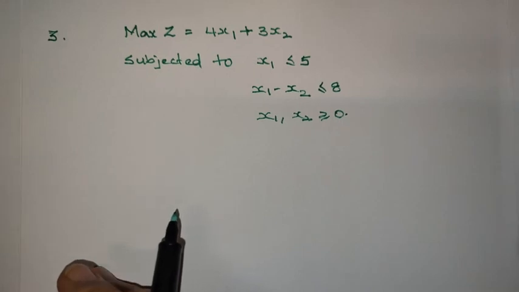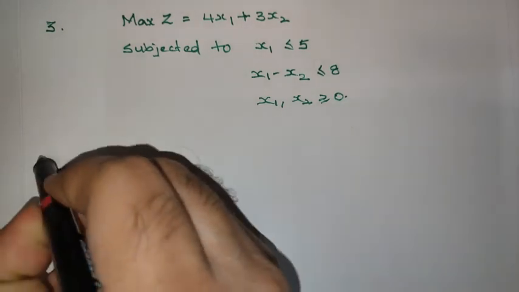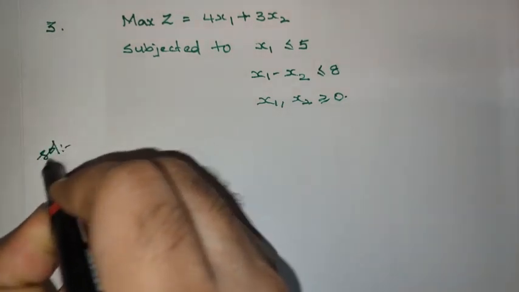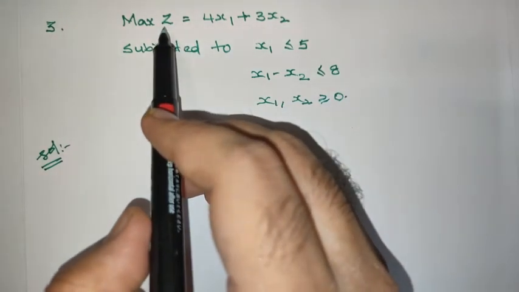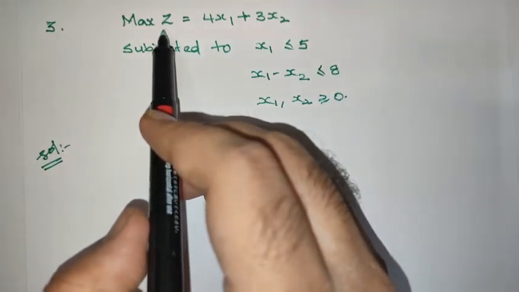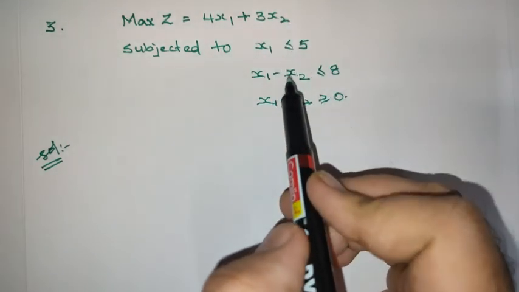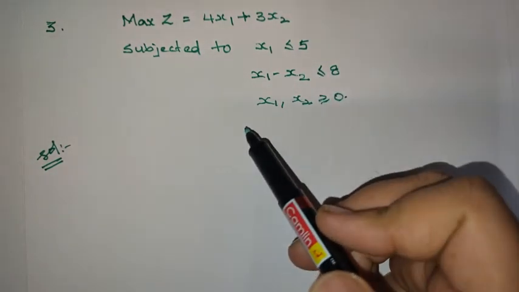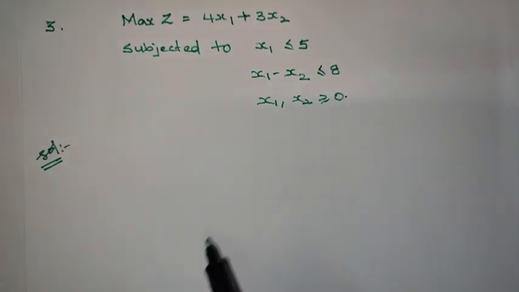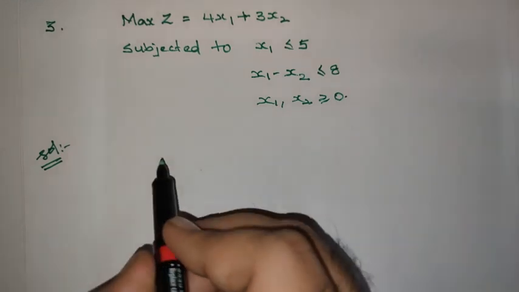Right. First of all, for solving the problem, let us observe the given linear programming model. The given objective function is a maximization type, the number of decision variables is 2, and the number of constraints is also 2, of type less than or equals to. Now first of all, let us modify the constraints according to the simplex model.